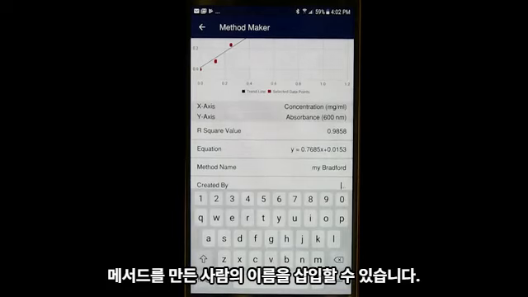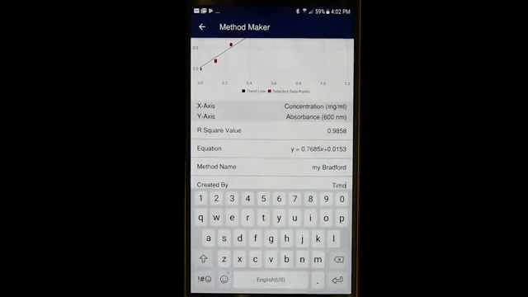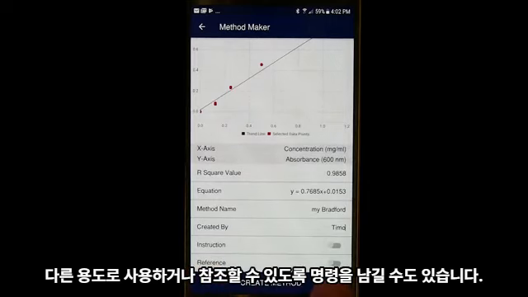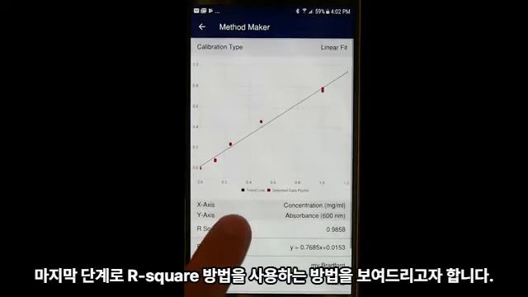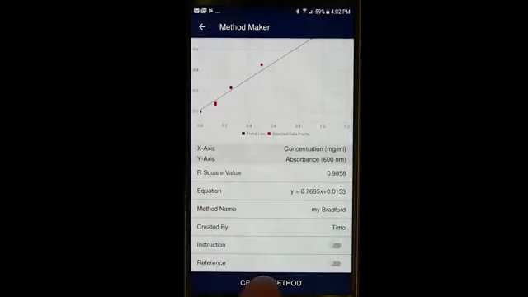We can insert the name of the person who created the method, and also have the option to leave instructions for other users or for our own reference. As a final step, we can create the method,